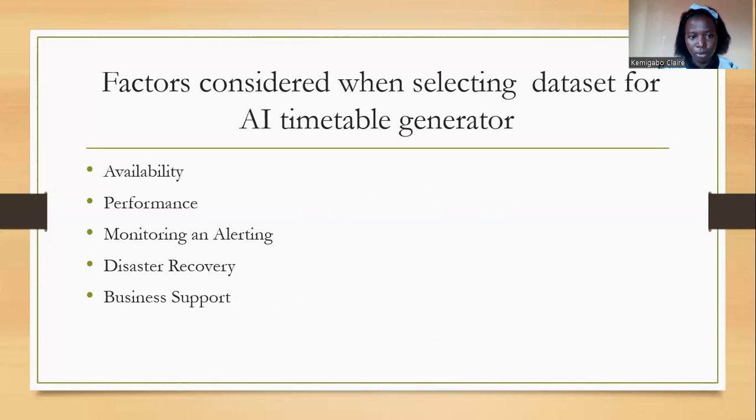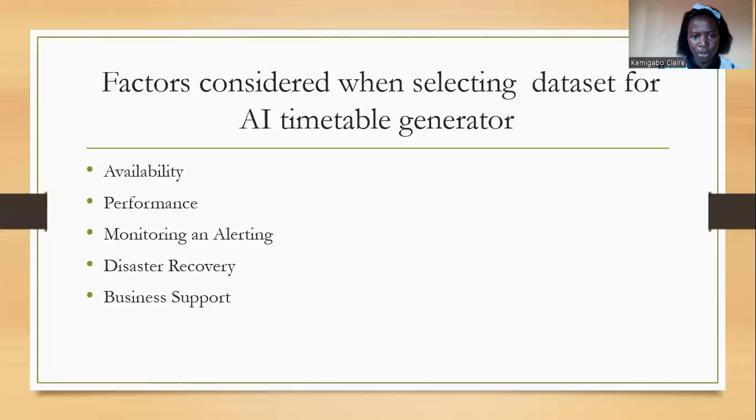Then performance. Performance deals with the end users, the frontliners of our timetables. In case I want to use it for a particular day, remember it will be online, so you'll have to access it on a device. In case you want to access it, will it really be available? How will it perform? In case I change anything, will it automatically update it for the admins? In case they want to fit in another lecture during that time, will it be able to adjust and fit it in, and automatically do